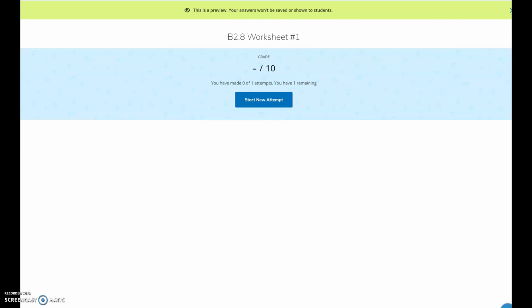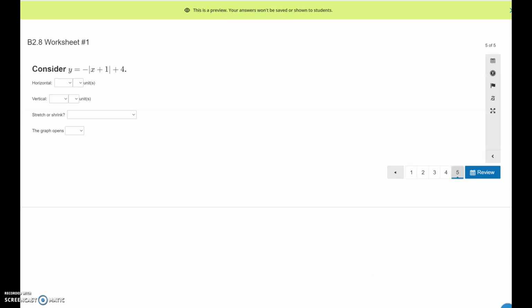When you go to Schoology and click on B2.8 worksheet number 1, it's going to look like this. You're going to click to start the attempt. When you get into this assignment, down at the bottom, you can pick which number. There's 5 problems to do. We're going to do number 5 together. So if you click on number 5,